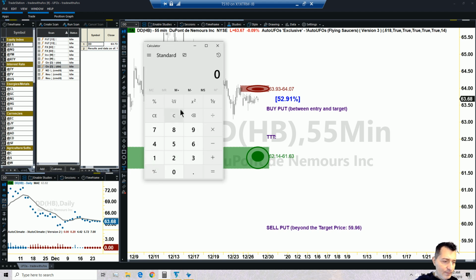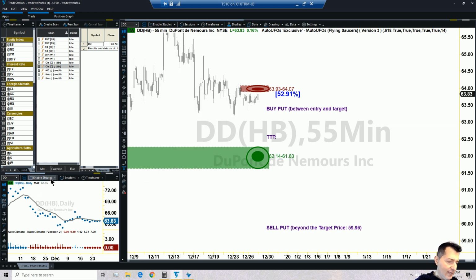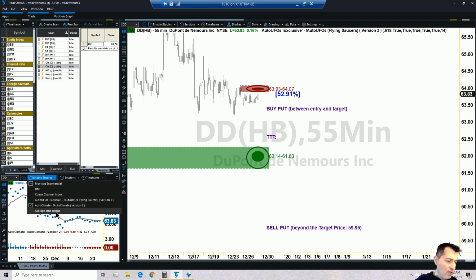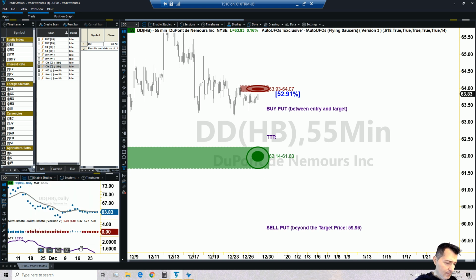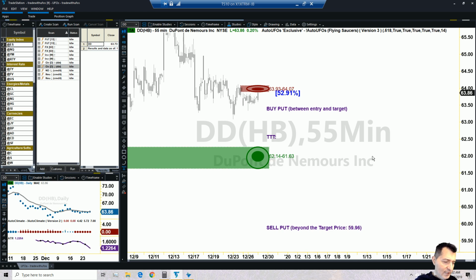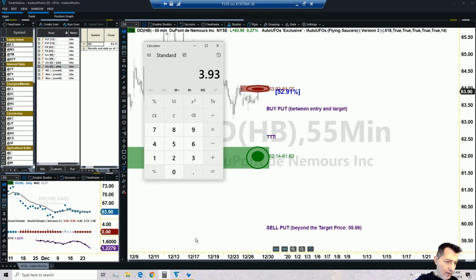Well, we grab a calculator, we input our entry point, which is 63.89. That's going to be our entry point, isn't it? We look at the distance between the entry point to the target point, which is 59.96. Okay, and now we become aware that we are shooting for a travel of $3.93. Now, when we look at the average true range of that particular stock, which is 1.2264, as you can see,